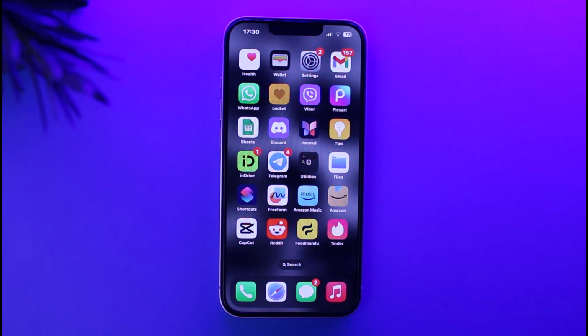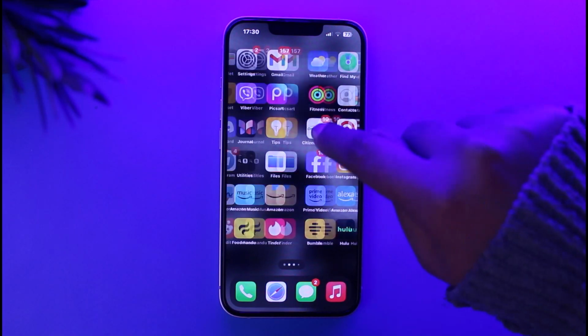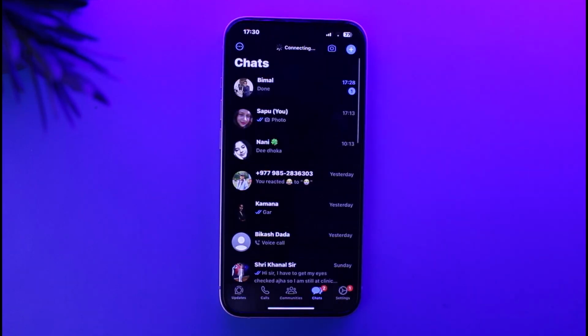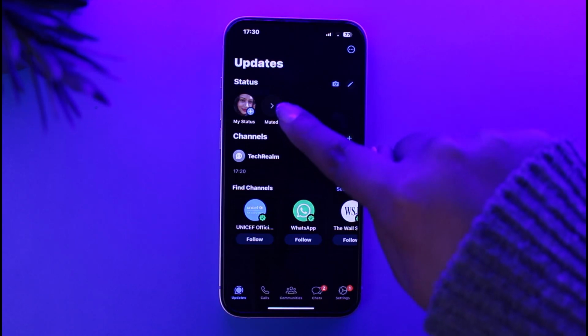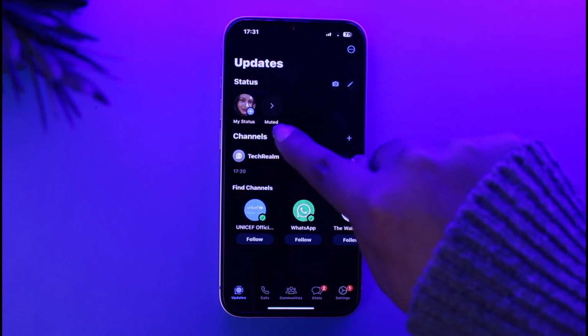Let's get into it. For that, simply go ahead and access your WhatsApp app on your mobile phone. Upon doing that, you will find this kind of interface, right? Whenever somebody adds an update, if they are friends with you and if you have a constant chat, you will find the updates in this update section, which is in the bottom left of your screen, right over there, right? So for example, this particular user has an update, and we can see we have muted this